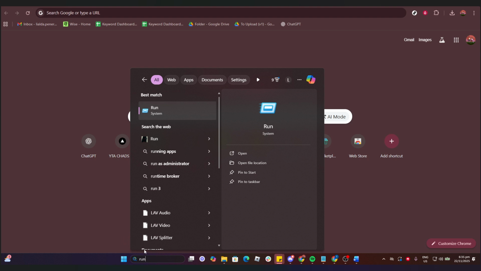To begin, press the Windows key and the R key together on your keyboard. You'll know you're in the right place when a small window titled Run appears, usually at the bottom left of your screen. Inside it, you'll see an open field with the cursor ready for input. If you're unfamiliar with the Windows key, it's the one with the Windows logo on it, typically located between the